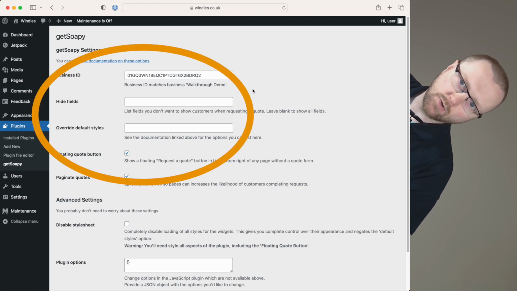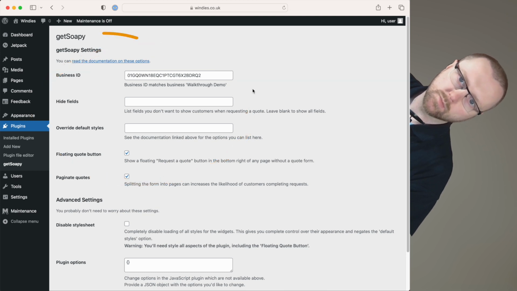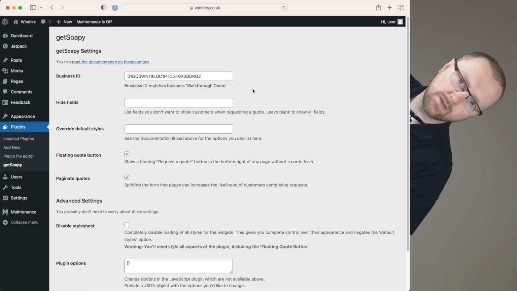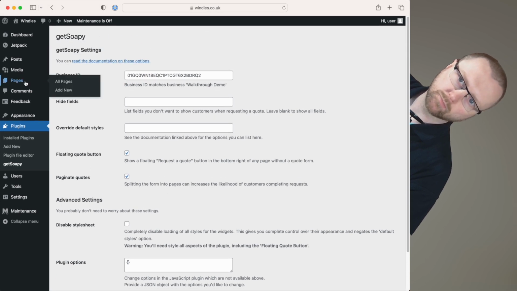There's some settings in here you might want to customize, for example, fields you'd like to hide in the quote widget or change some styling options, and there's a link at the top of this page with the full documentation with all these options. Now if we edit the page we want to add the widget to, we can add